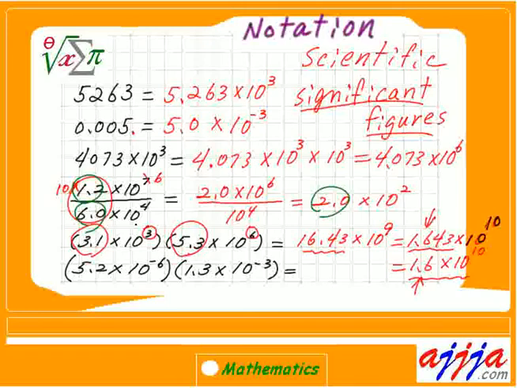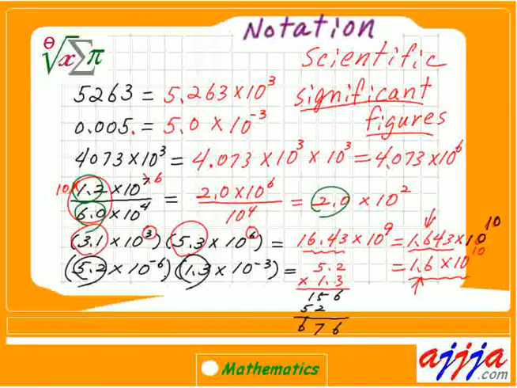Okay, what about the left-hand side, the bottom one, all the way at the bottom? Oh, negative power. The first thing you notice, left-hand side, 5.2, 2 significant figures, right? This one also 2 figures. That means 2 is enough if you get instructed. But otherwise, hey, leave everything alone, okay? So now this one is going to be 6.76, right? 6.76 times 10 to the what power? Negative 6 and negative 3, negative 9th power.